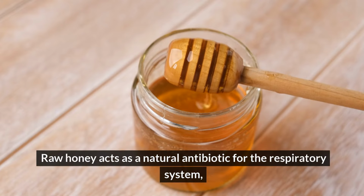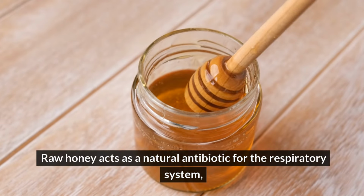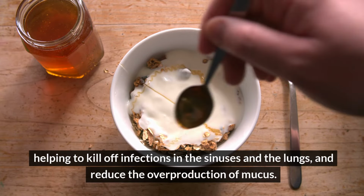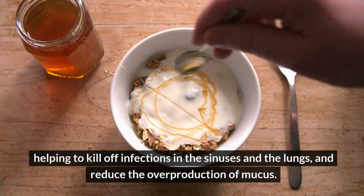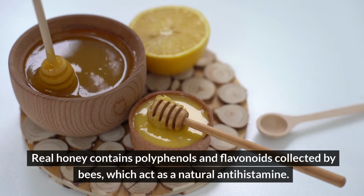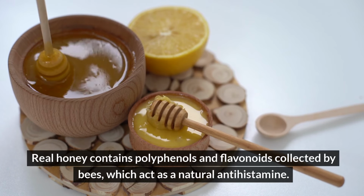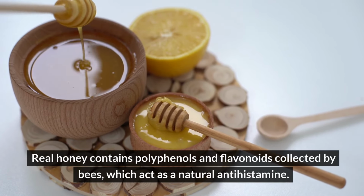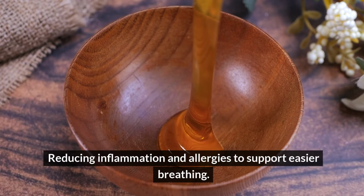Raw honey acts as a natural antibiotic for the respiratory system, helping to kill off infections in the sinuses and the lungs, and reduce the overproduction of mucus. Real honey contains polyphenols and flavonoids collected by bees, which act as a natural antihistamine, reducing inflammation and allergies to